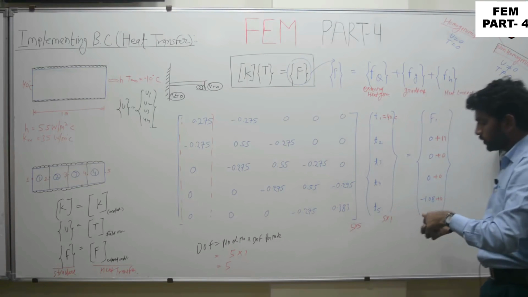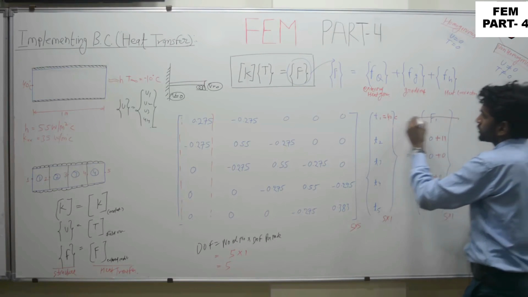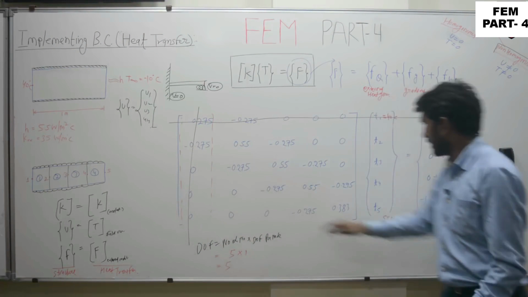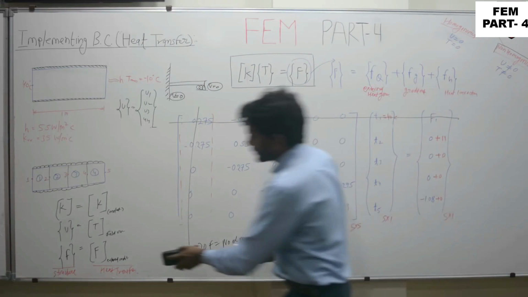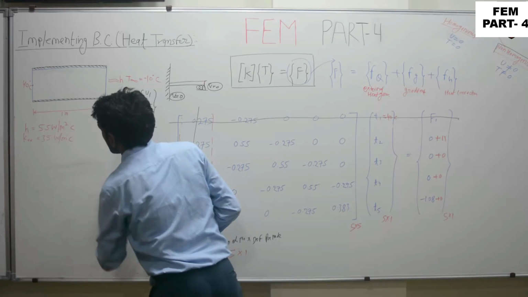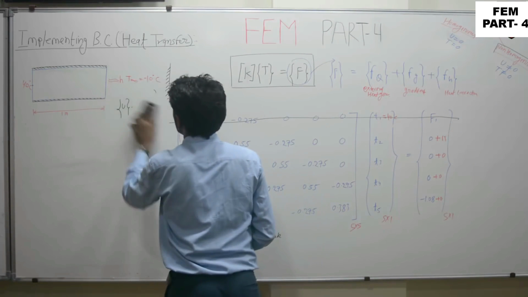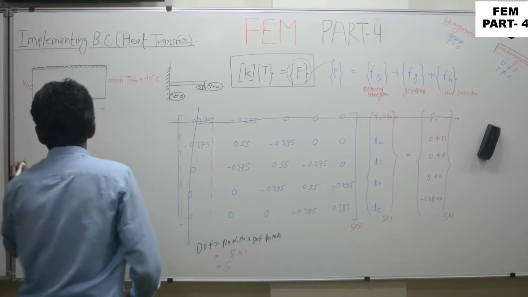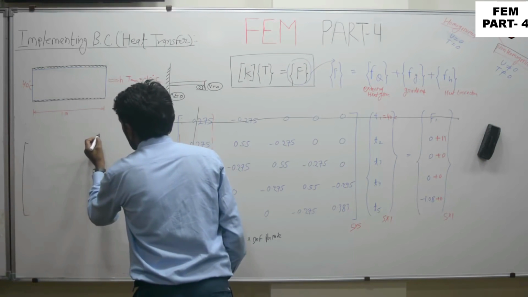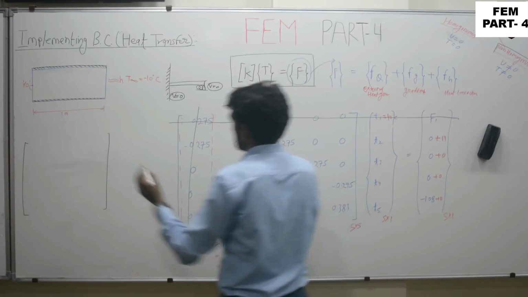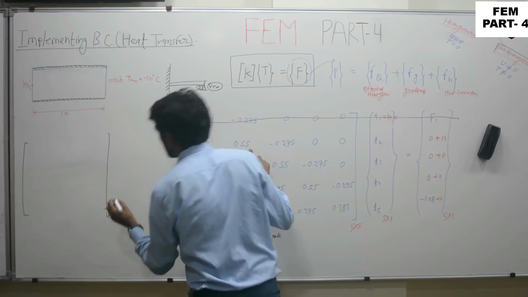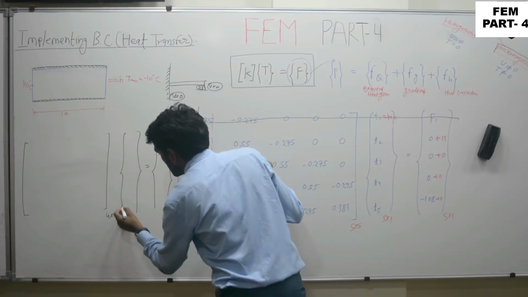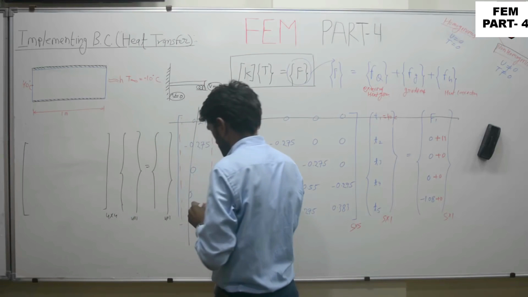Okay. Now once you have taken the contribution of the given temperature at node 1, 40, on the other elements, you can strike out the first row and first column. Once we have struck out the first row and first column, the matrix for this problem would be of size 4 cross 4, because one row and one column is removed, then your T and then your F. Size would again be 4 cross 1, 4 cross 1.